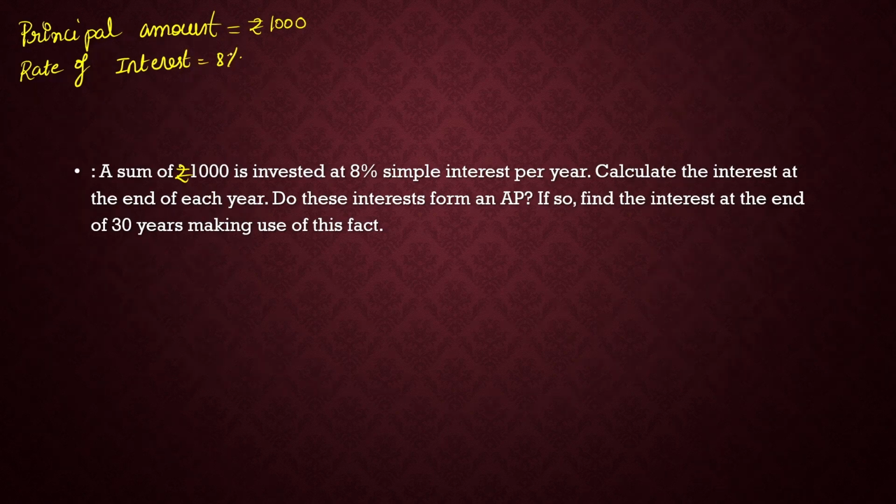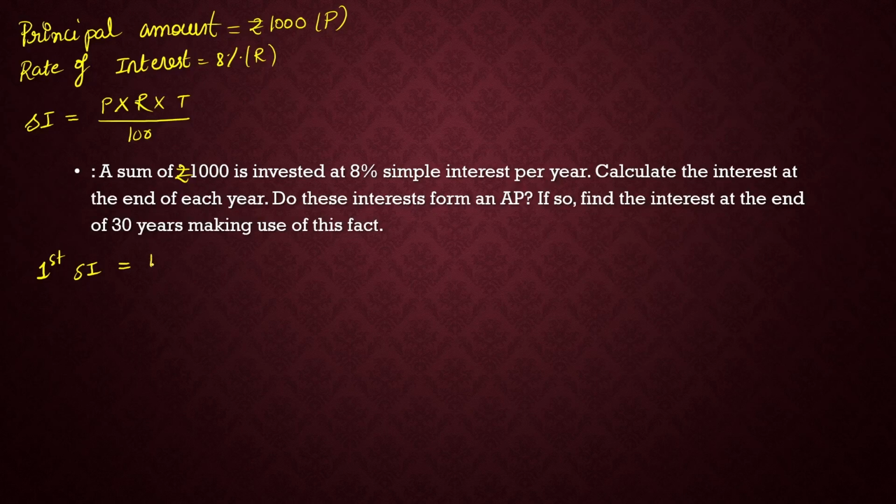Okay. And the formula for simple interest SI is equal to PRT by 100, P into R into T divided by 100. So this is R and this is P. What is T? T is time. Okay. So calculate the interest for each year. So for the first year, the simple interest is equal to how much? P is 1000, R is 8, time here is 1 year divided by 100. So that's equal to